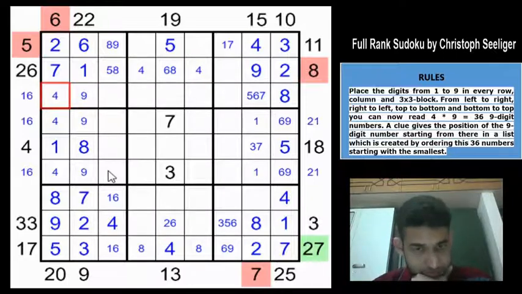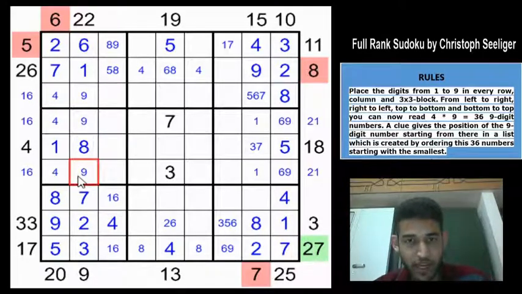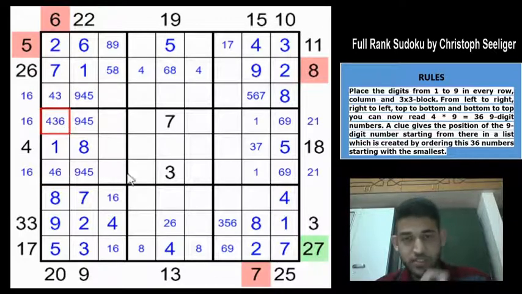So let us make some pencil marks along column 2. 2, 3, 7, 8, 1 and 6. So remaining are 4, 5 and 9. So this is 4, 5, 9, this is 4, 5, 9 and this is 4, 5, 9. And similarly along column 1, 3, 4 and 6 are left out digits. This is 6, so this is 3, 4, 3, 4, 6 and this will be 3, 4, 6, right?